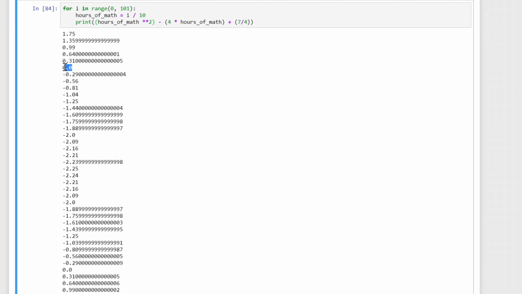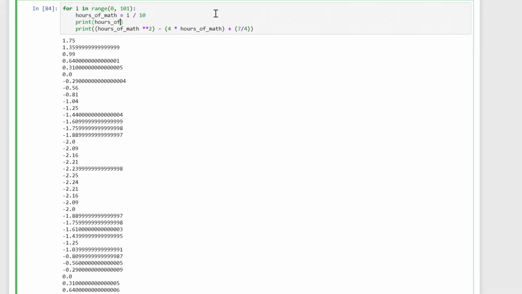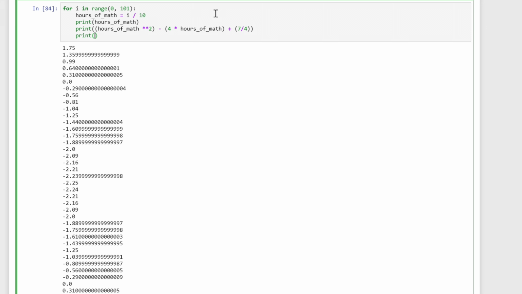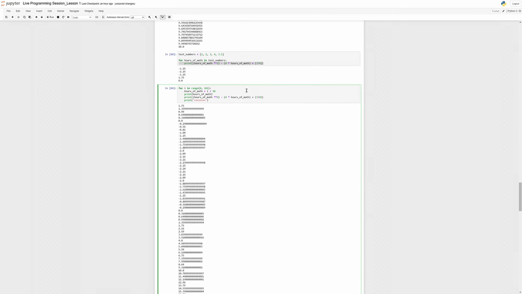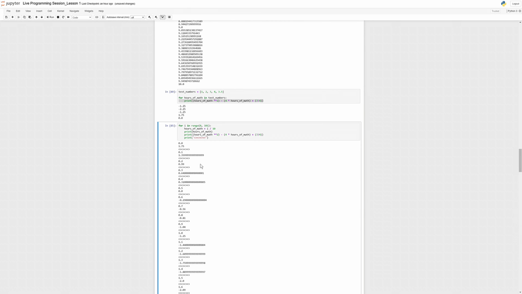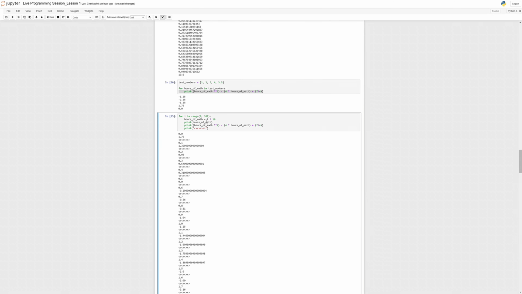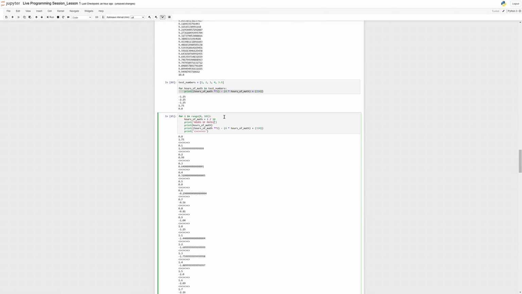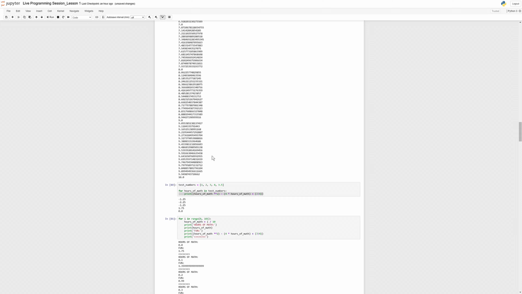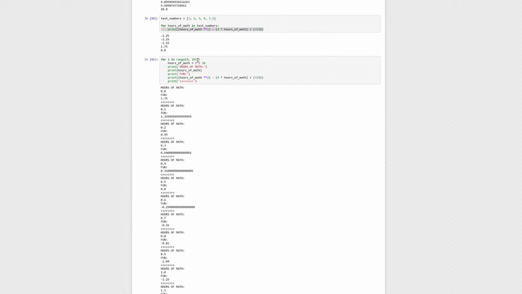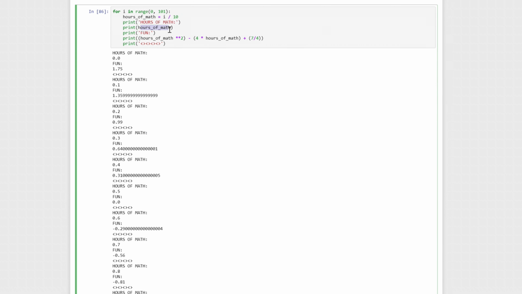But this is pretty hard to read, right? And this isn't really easily understandable. So what we're going to do is print out the hours of math. And I'm also going to add this little separator here just so it's easier for us to read and separate the numbers. Okay, so we have hours of math and then the solution to the equation. So I'm actually also going to print out hours of math, and then I'm going to print out fun. Basically now what it's doing is just printing out extra information. So it prints out what the number is that we're testing, and then it prints out the result of the equation,